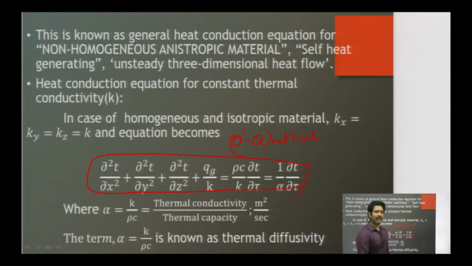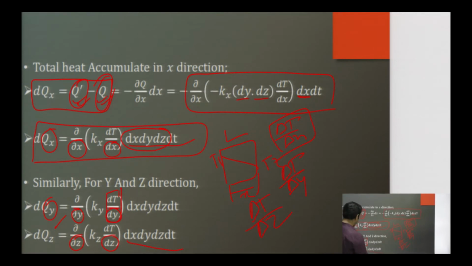So it is q dash minus q, the net heat, plus E dot G, that is the internal heat generation per unit volume, so it is again times dx dy dz, plus the rate of change of internal energy. The rate of change of internal energy will be rho Cp delta T, or you can write dT by dt. This thing has dx dy dz too.